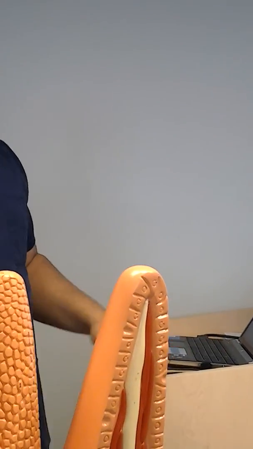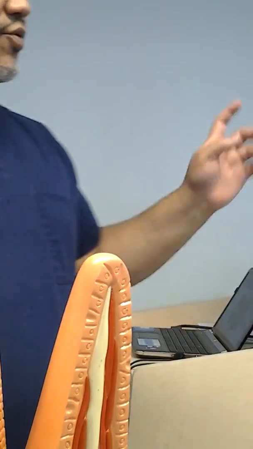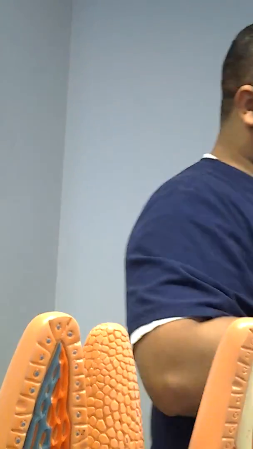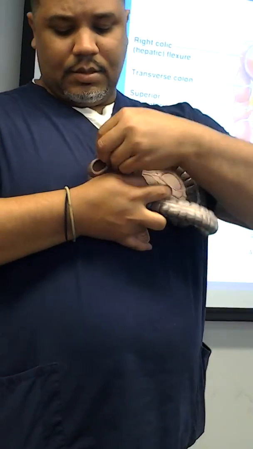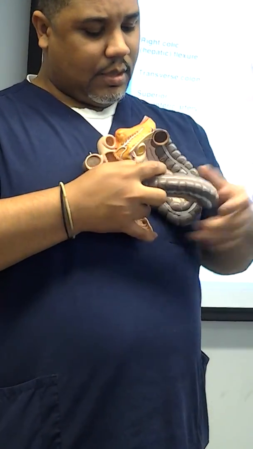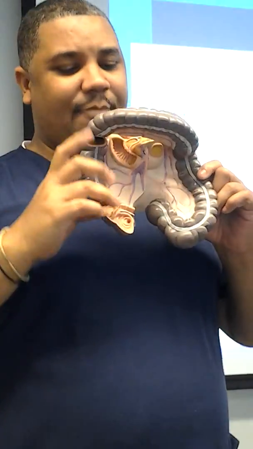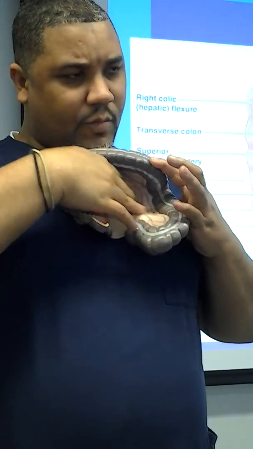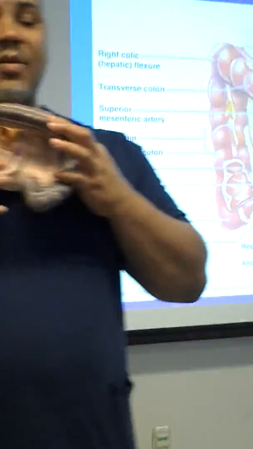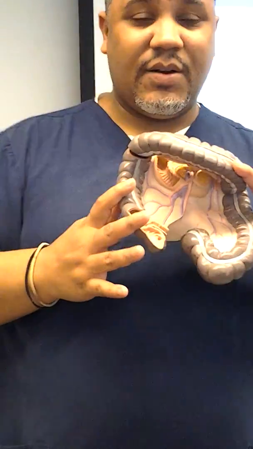Okay, you do need to be able to identify the different structures of the large intestine, and of course you can see I have a nice model here of the large intestine. So let me turn this like that so we can actually do this correctly. So you can see here is the large intestine right here. Okay, now you can see that there's this pinkish membrane inside. The pinkish membrane, of course, is the mesentery. You can see that there are blood vessels associated with the mesentery, so these, of course, are the mesenteric artery